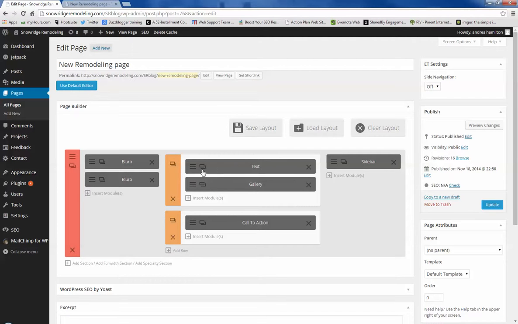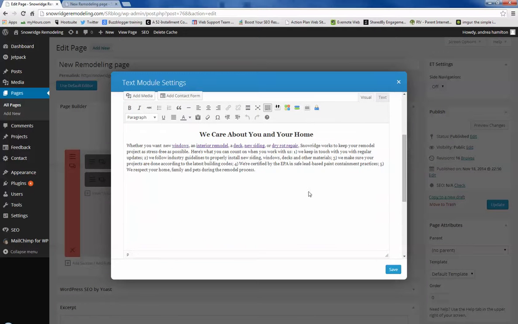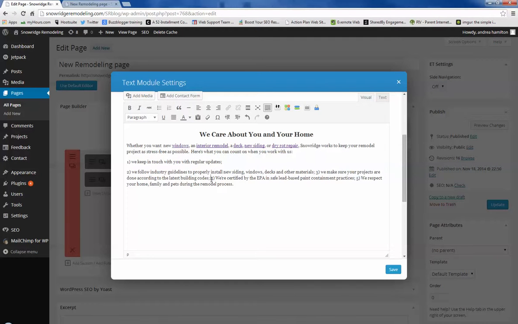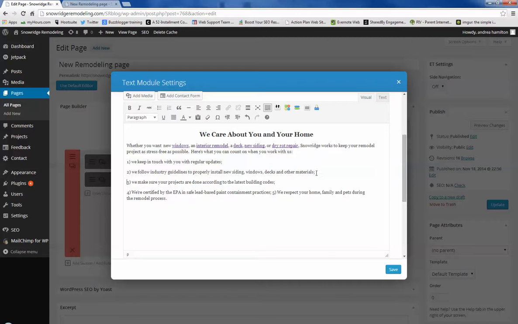Okay, so that center area is text, and then you've got the gallery down there. So I'm going to edit this text section. I'm going to put my cursor here by the 1 and hit enter and just break them up. And there's the 3. So if I take that out and remove those spaces,